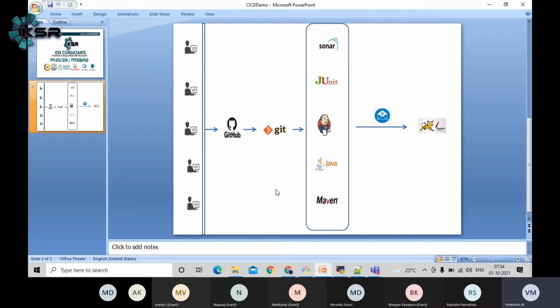These kinds of things can also be done. When you use SonarQube here, what is the advantage? Not only SonarQube, like Black Duck will be there. A lot of tools are there in the market. Each tool will cover a different layer.